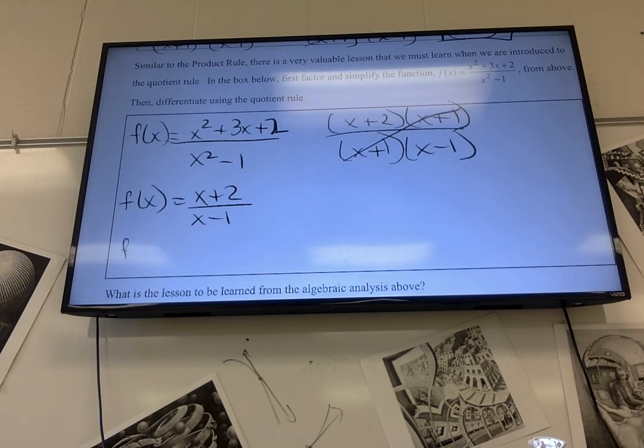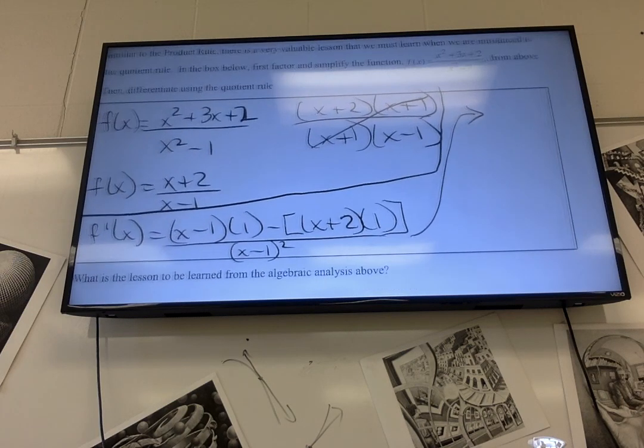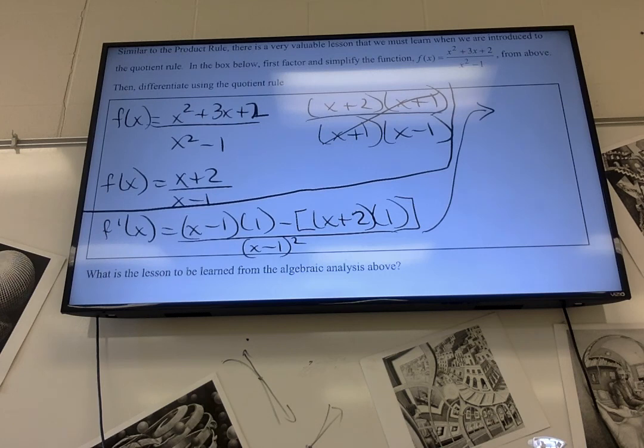So f prime of x equals low d high minus high d low, square the bottom, and away we go. So that becomes x minus 1 minus x minus 2